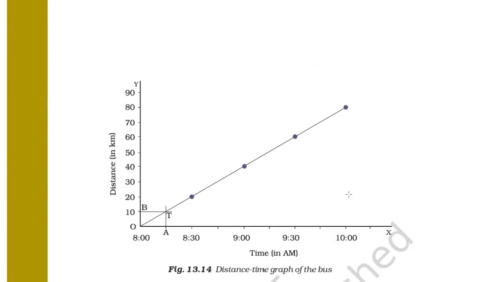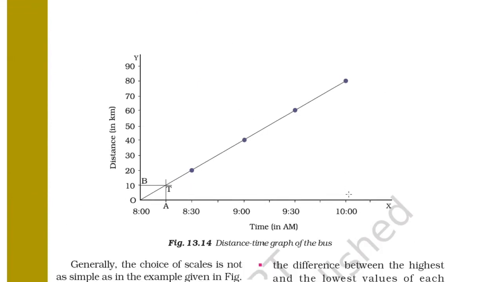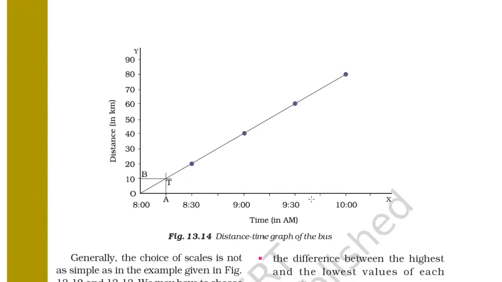So here you can see the distance-time graph. For 9:15 am, here is 9:15 between 9 and 9:30. So you can draw a perpendicular line along it till here, and you can see at what distance it is on the y-axis by drawing a perpendicular line from the y-axis. Now when you join the lines, you will get a point. That will be the point of intersection.